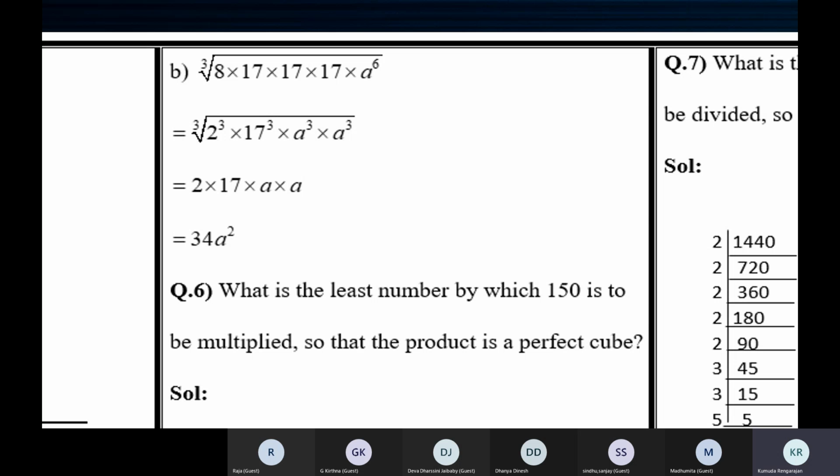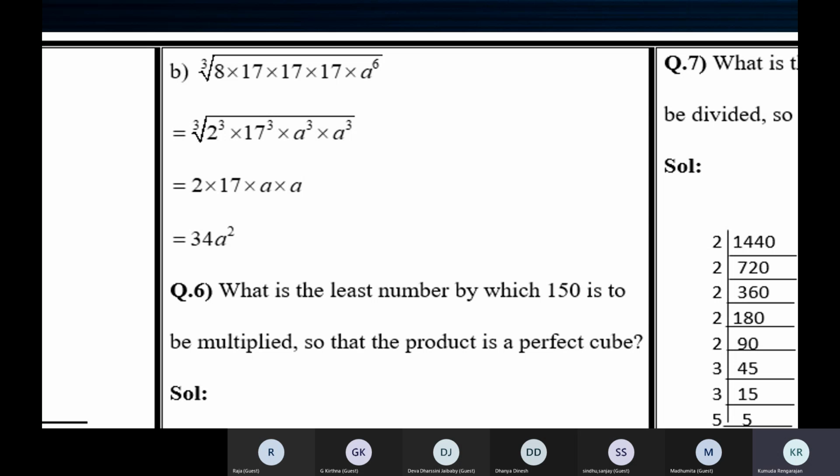So no cube number or no perfect cube can end with 2 zeros. Straight away you can say it is not a perfect cube. Now if you're asked, is 8,400 a perfect cube? Or say 6,400. 64 is a perfect cube. The cube root of 64 is 4.